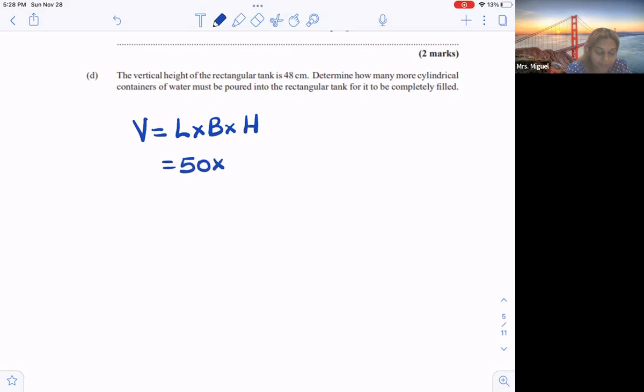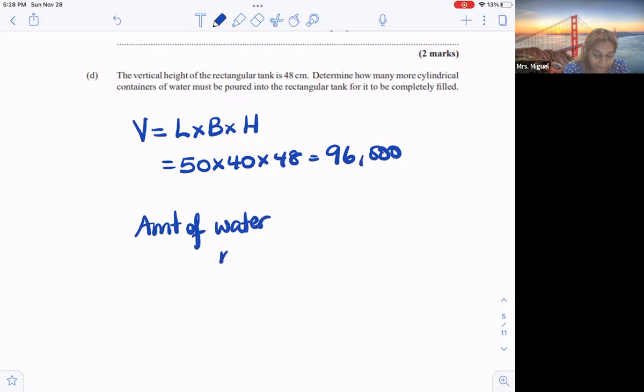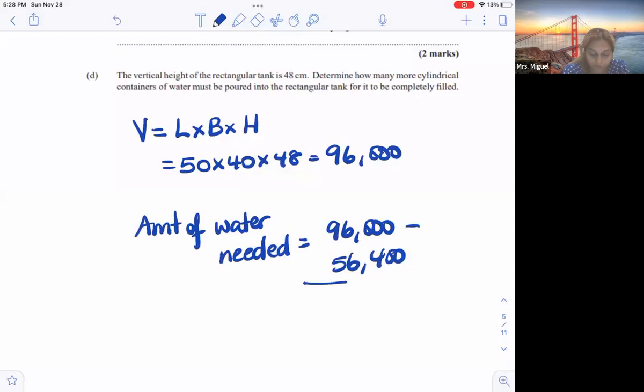So 50 by 40 by 48 now. So 50 by 40 by 48 is 96,000. But remember, I have water already in the fish bowl. I have the 30,000 and I have the 26,400 from the cylinder. So that's 56,400. So the amount of water needed will be 96,000 minus 56,400, which is